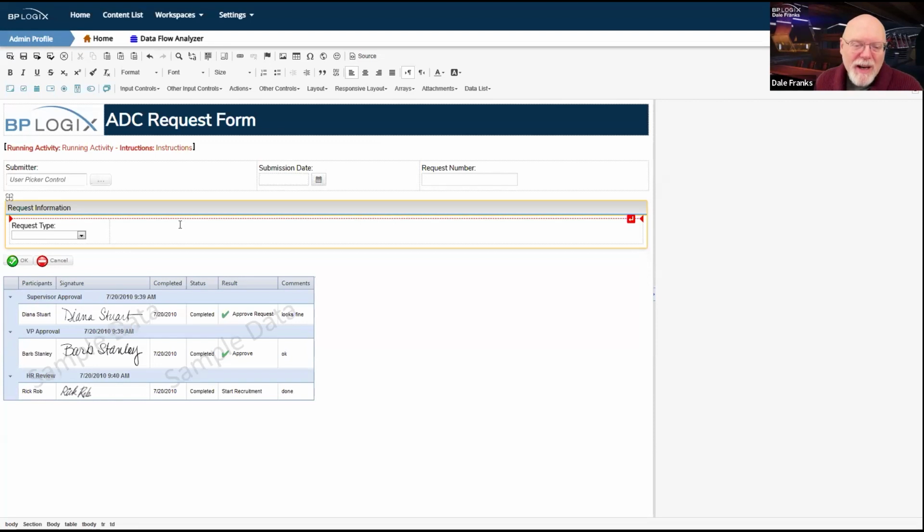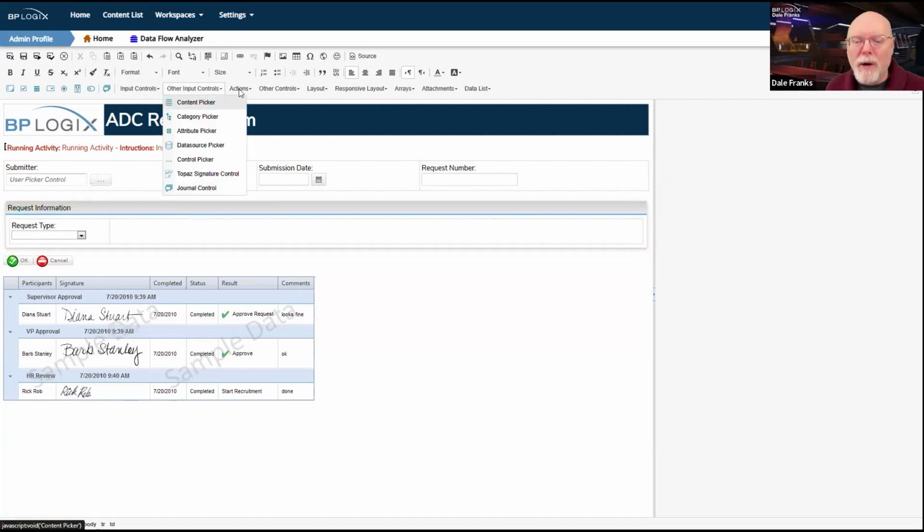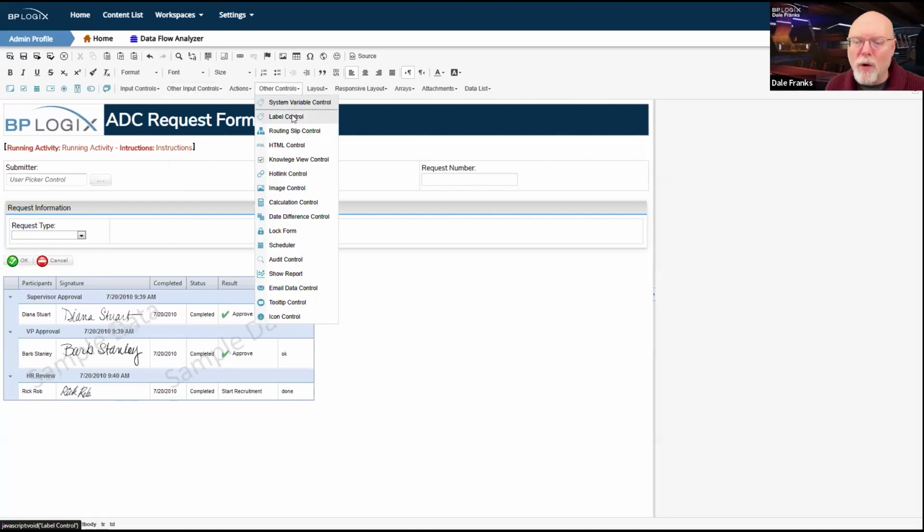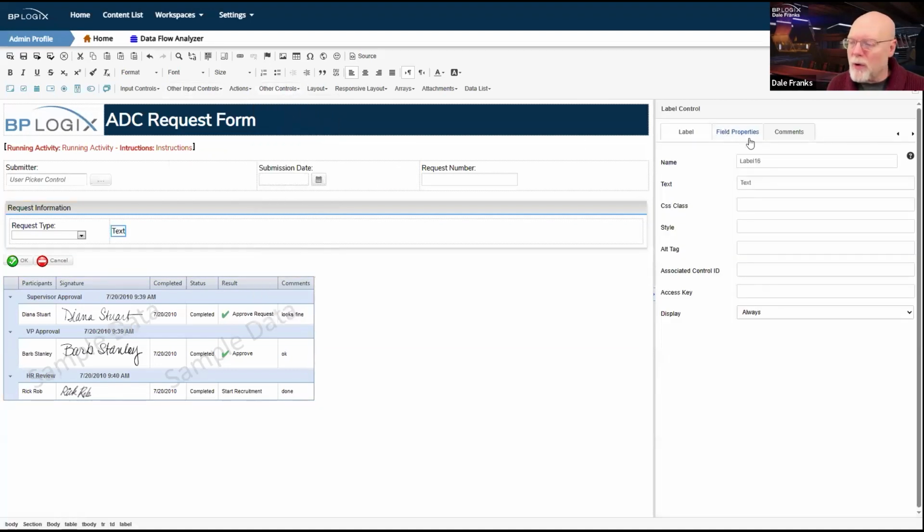I'm going to need another field here where I want to be able to store some sort of narrative or some sort of explanation of what the request is. So I'm going to call this field request info. And obviously it's going to need a label. So I'm going to go to other input control, other controls, pick a label control.